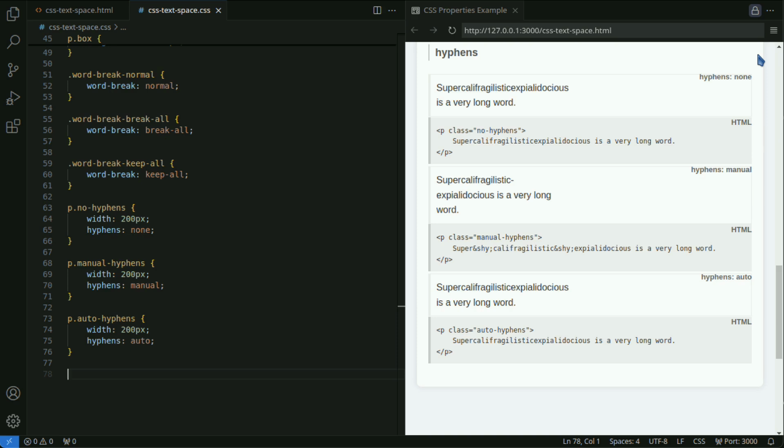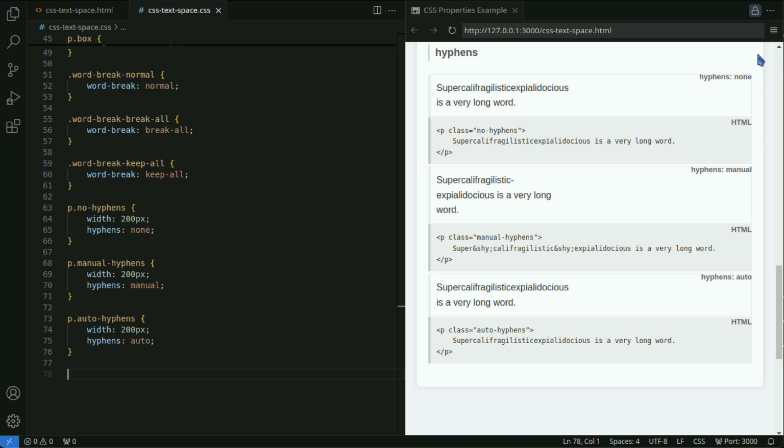Importance of language settings. When using hyphens auto, proper hyphenation requires the lang attribute of the HTML document to be set correctly. Font dependency. Some fonts may not be suitable for hyphenation. Use of hyphenation dictionaries. Hyphenation rules depend on the dictionaries used by the browser. Therefore, it may not work as expected for certain languages.